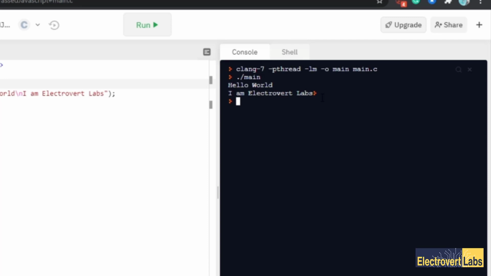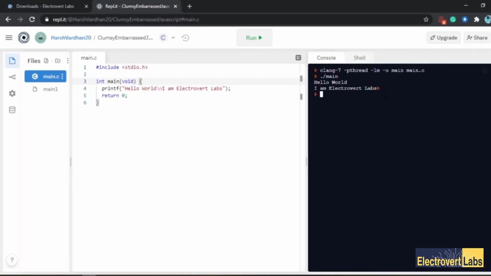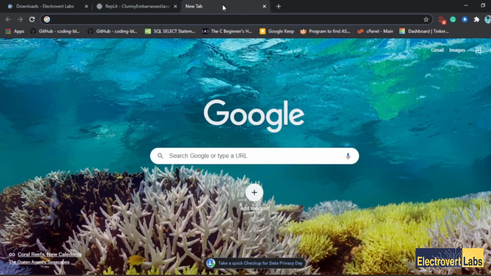So the first way of executing a C program is what you have seen: writing the program in any editor, and then running it through command prompt. Second is through online compilation, and third will be through any editor. We'll be using an editor to write programs, and then running them there only in the terminal. Terminal is basically your command prompt in Windows. So for that, we'll go on and download the VS Code editor.